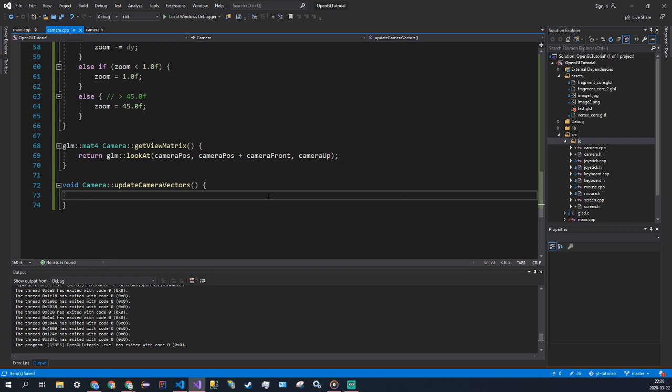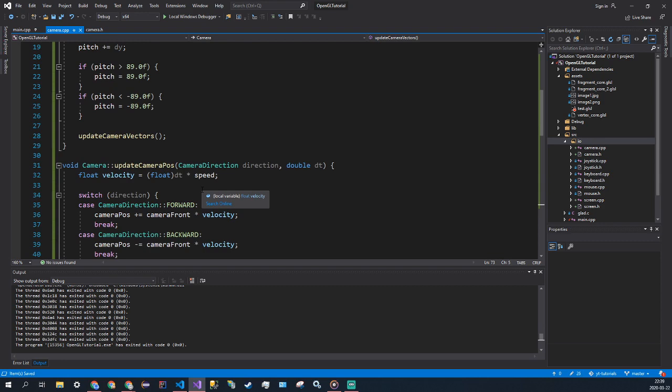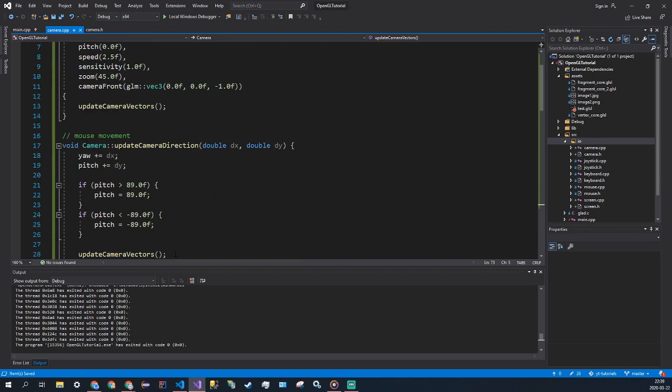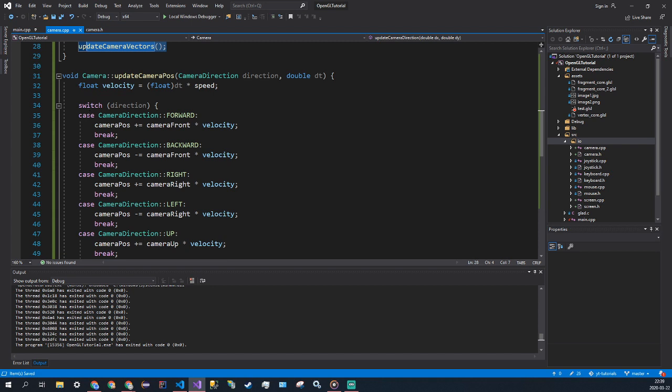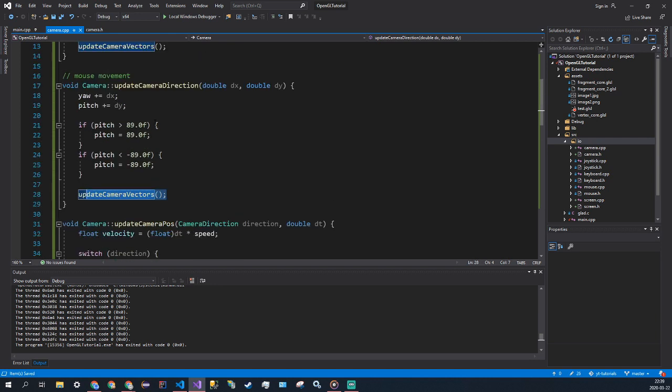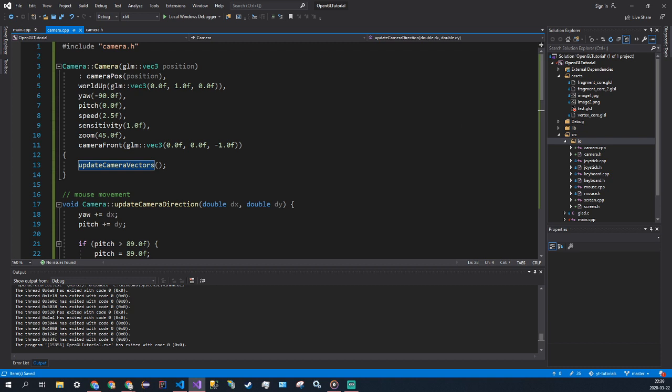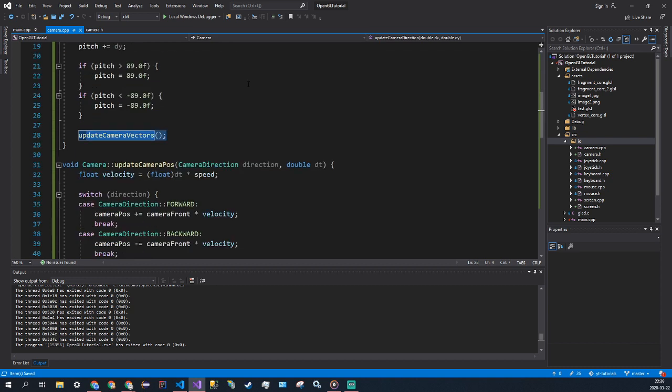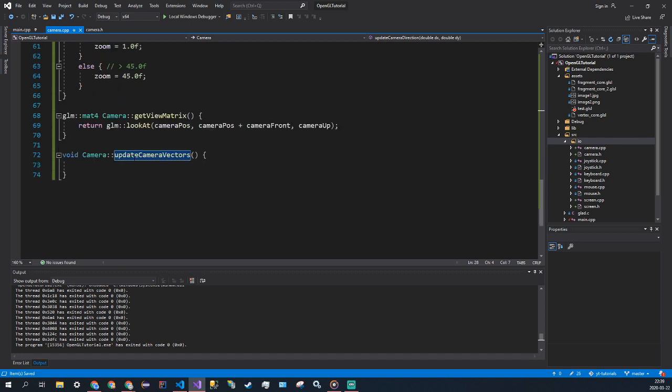So what we're going to have to do for updating camera vectors is, when do we call update camera vectors? After we set the yaw in the constructor. So we're essentially going to have to update the camera vectors of right, up, and front when we change the direction that we're looking at. And that kind of makes sense because it's going to change. That kind of makes just intuitive sense because you're changing which way we're looking at. So you want to change the vectors that represent